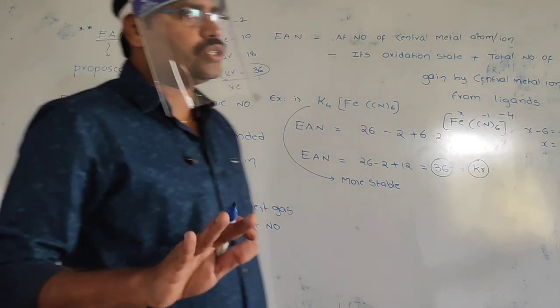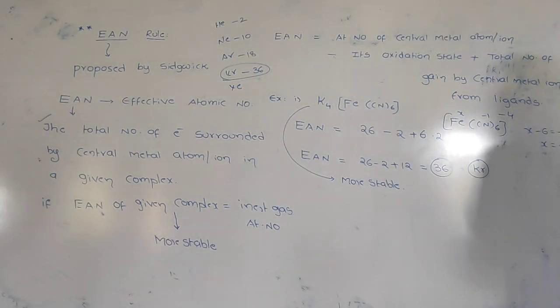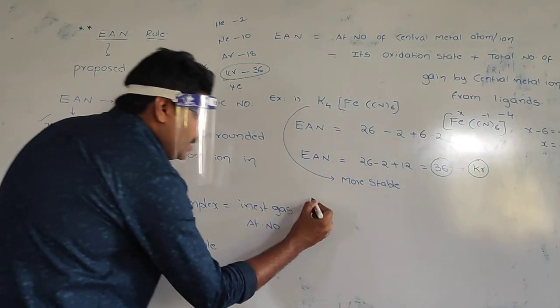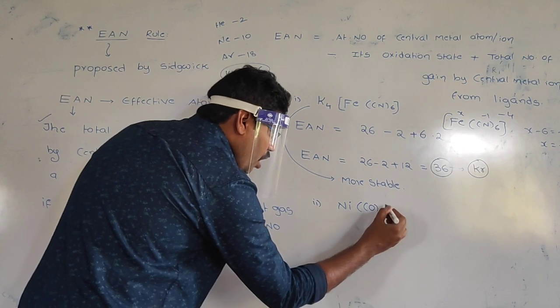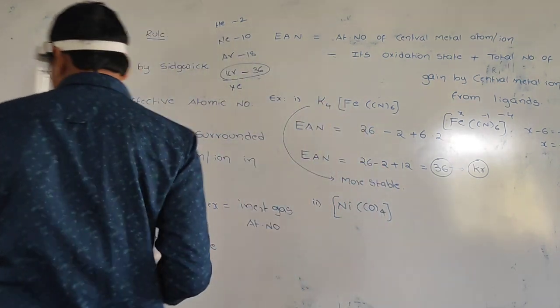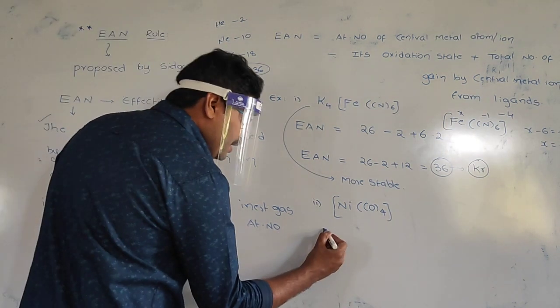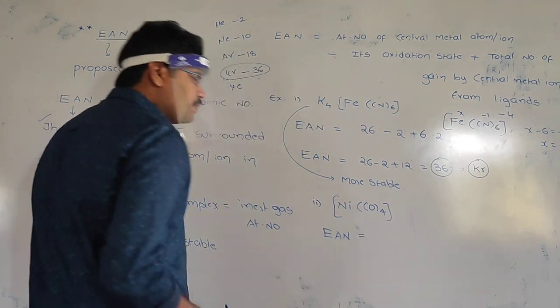Then it's very clear, students, what is EAN? Effective atomic number. Students, are you ready to calculate the effective atomic number for tetracarbonyl nickel, please? Tetracarbonyl nickel. How are you ready to calculate EAN for this complex? Dear students,